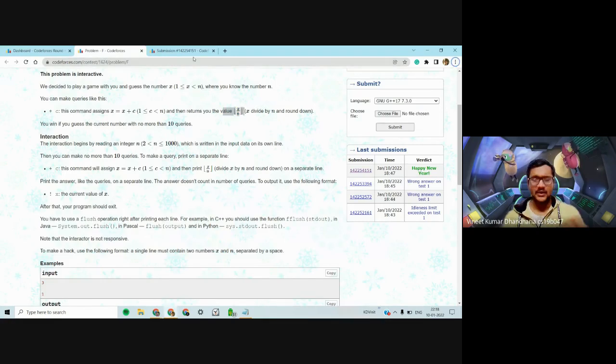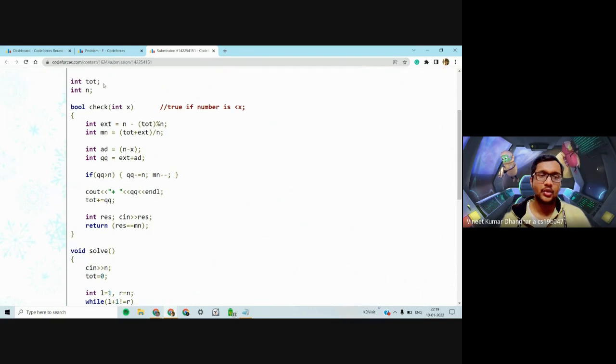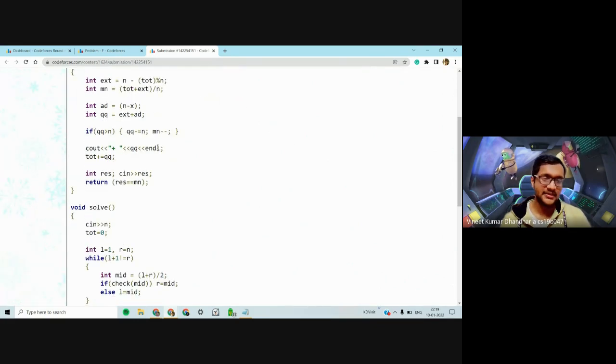But one thing that makes it a bit more complicated is that each time you ask for plus c, x is also changed to x plus c. So what we do is we know that total is initialized to 0, and every time we ask a query, we add c to total. So total is the extra addition we have done so far.